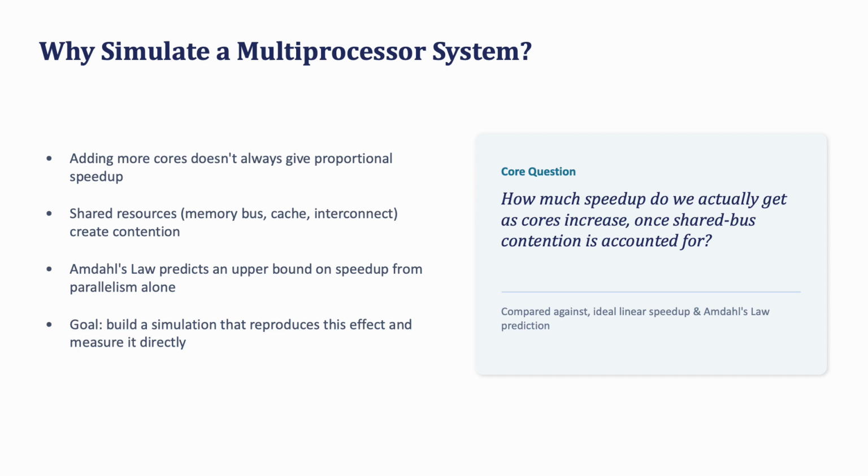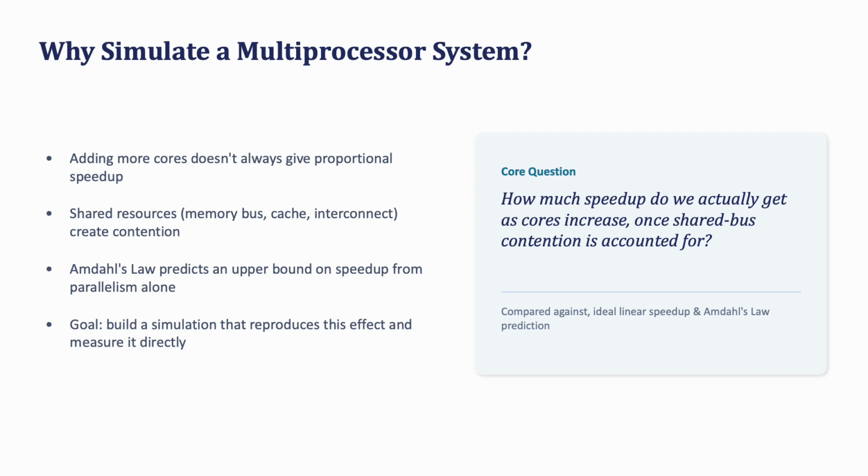So there's 2 core questions, or 1 primary question, and then a question above that. And the primary question is, how much speed up do we actually get as cores increase once the shared bus contention is accounted for? Well, when we look at this question, we ask this broad question: why am I simulating this? And in a real world system,